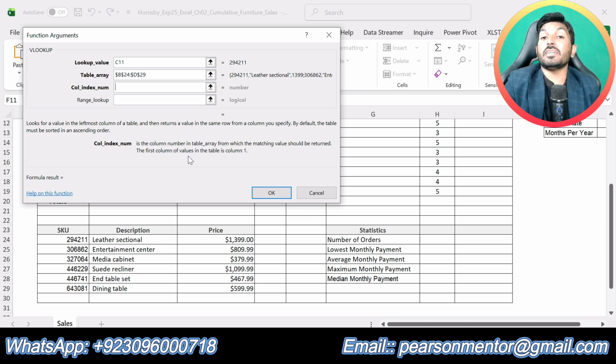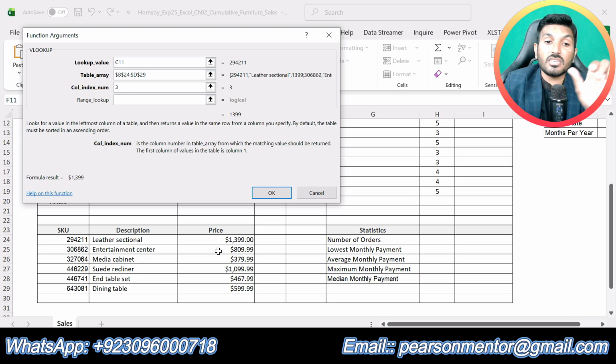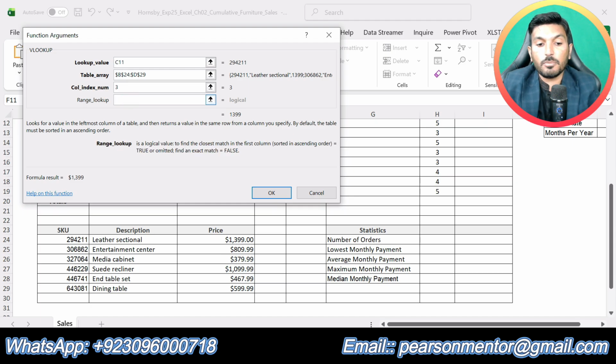Now our column index is column 3 in this table array: column 1, column 2 and column 3. So we will use column 3 because the price is given in column 3 of this selected range, that is the table array. Range lookup will again be false because we are supposed to use an exact match.